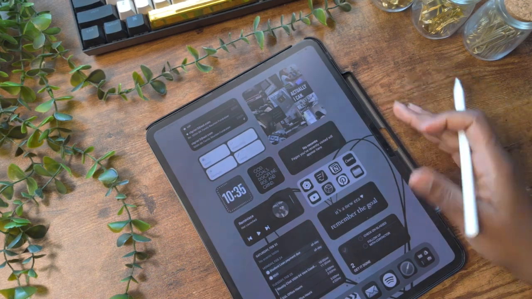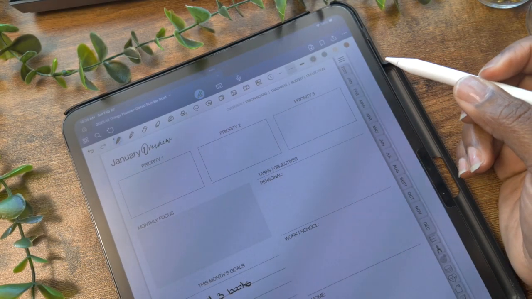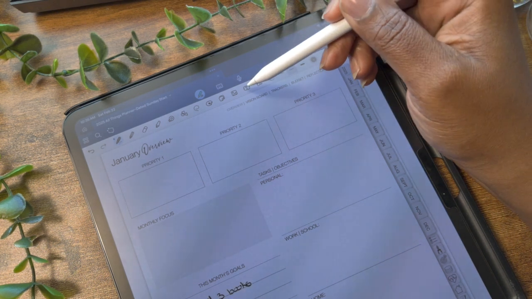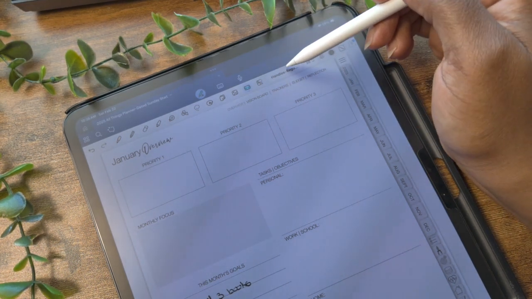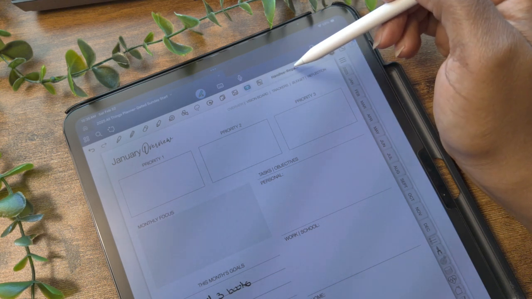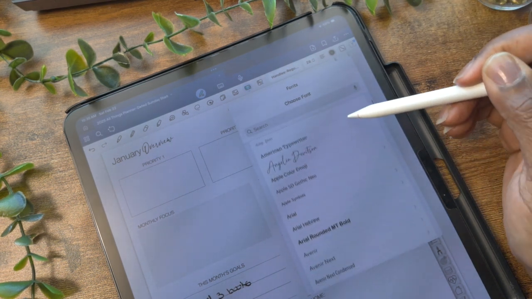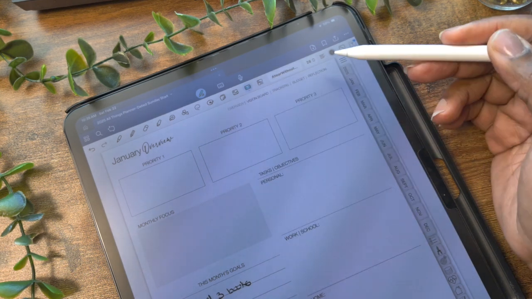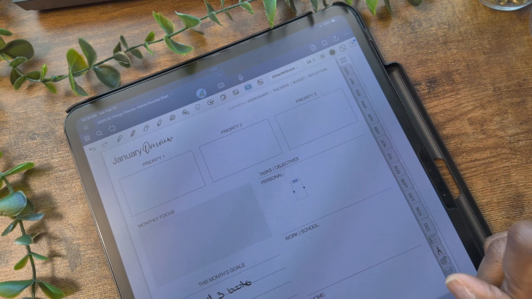So now that the font is installed, we're going to go back into GoodNotes. And to access the fonts that you download, you're going to select the text tool. When you select the text tool, you'll see this come up. You're going to see whatever font that you're using is going to pop up right here. In this box, you want to select this box and all of your fonts will show up here. So A Year Without Rain is the first one. That's the font. Once you select it, you'll be able to use that font